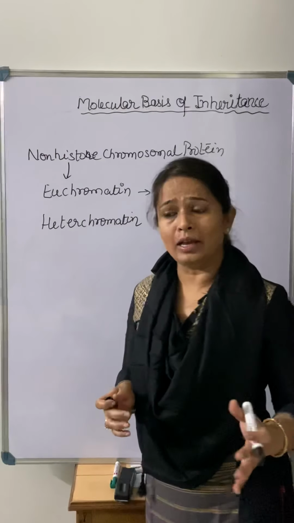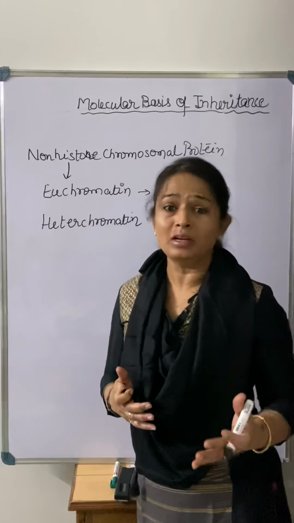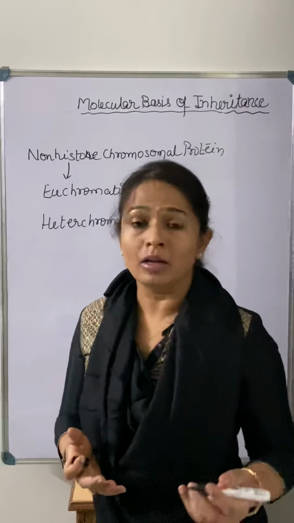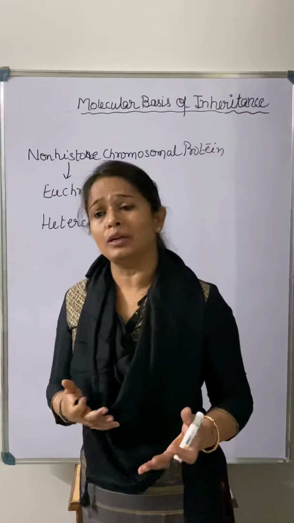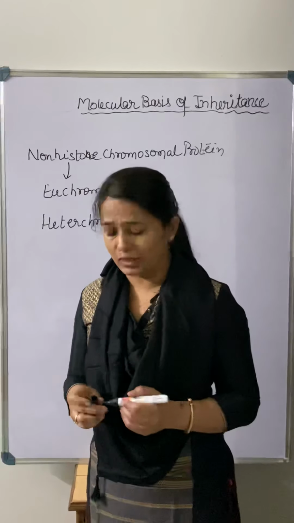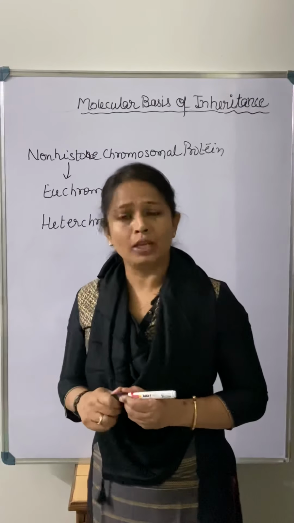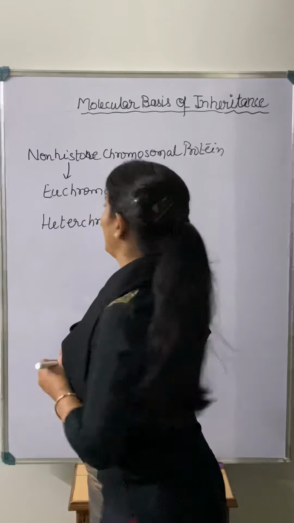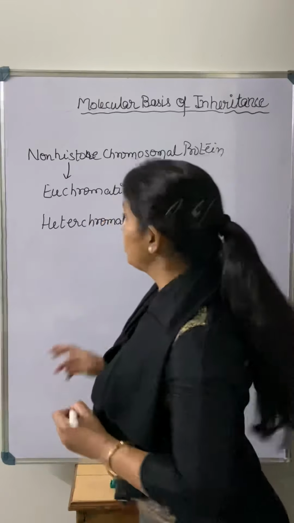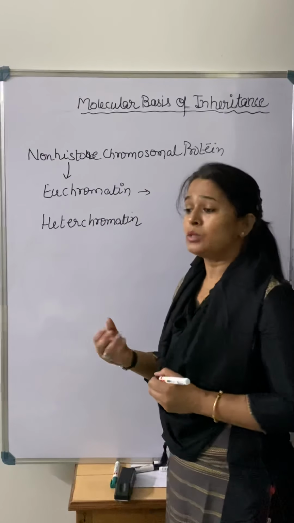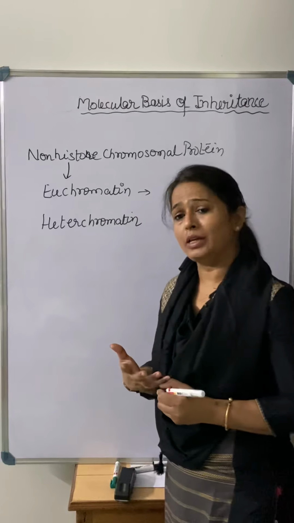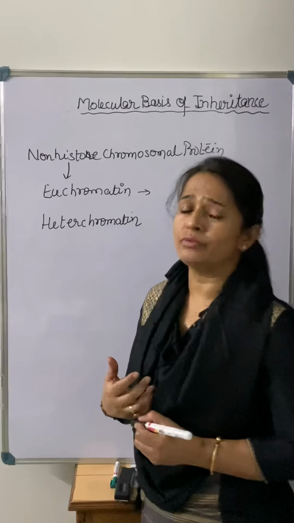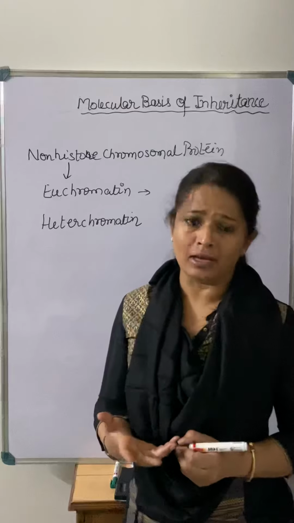When we stain the DNA or chromosome structure, some part of the chromosome is going to be light in stain, and some part is going to be dark in stain. Stain, you know very well, is the coloring we give during an experiment. For example, in plants we give safranin as a staining material, and in animals we give methylene blue. In the same way, when we stain the DNA, some portion of the DNA has a light stain, and some portion of DNA has a dark stain.